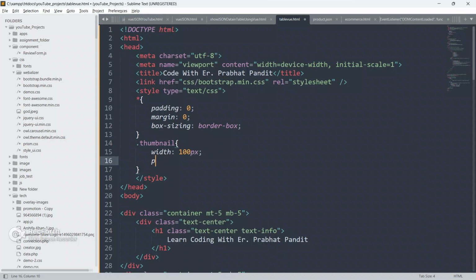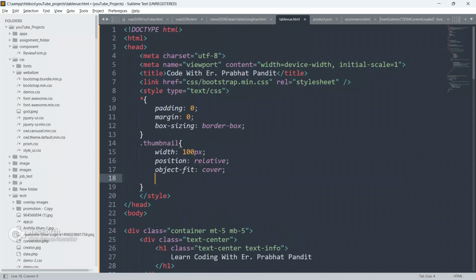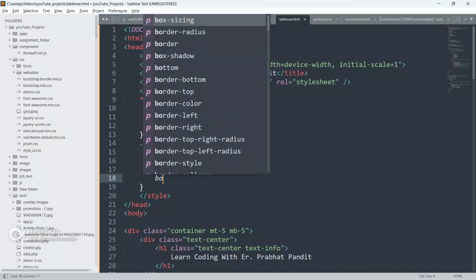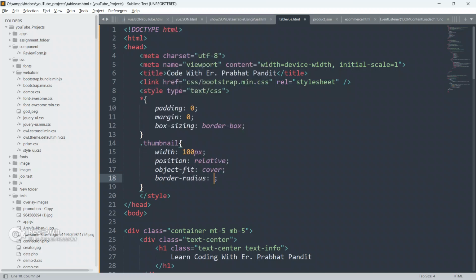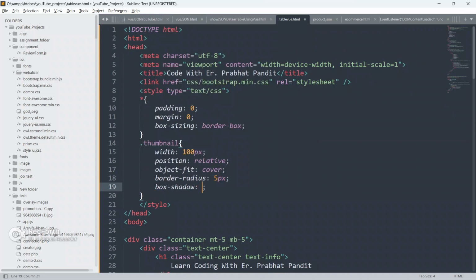Give width only 100 px for the images, position relative, object-fit cover, and some border radius of 5 px just to look good. Give some box shadow also for recognition.